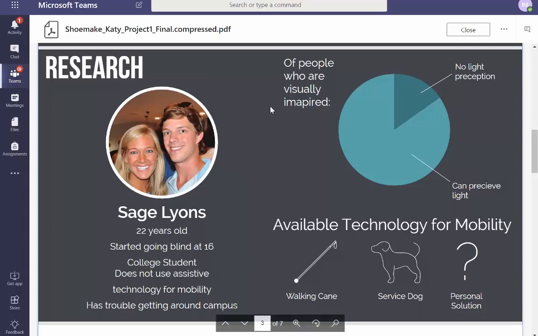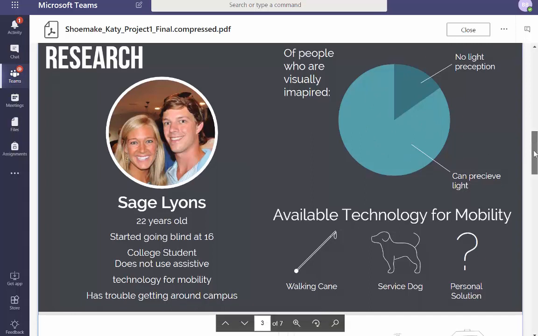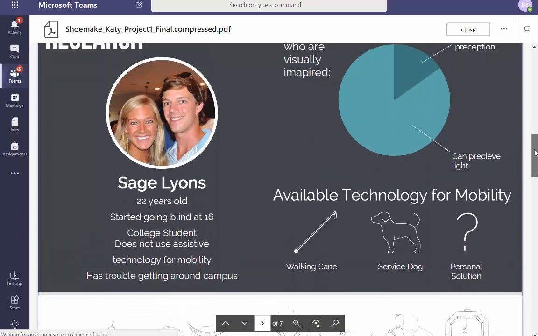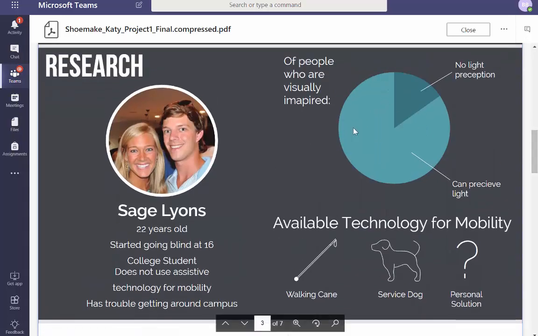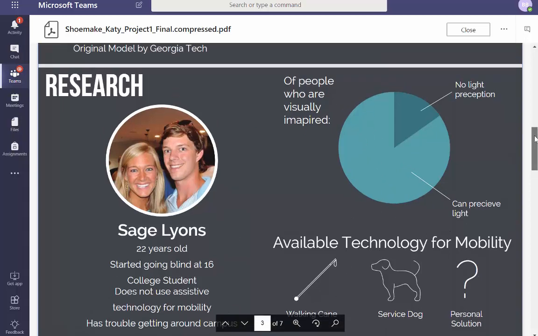Isn't it a giant range, though, of people who are visually impaired? You only have two options, no light and perceived light, and this comes in a big range. So maybe this needs to be more descriptive. Types of available mobility for vision impaired. But then again, this goes on a spectrum too, right? So when you get to no light perception, you're getting down to a service dog or something else. If you can perceive light, then maybe it's the cane. So I think this needs to be reworked to be more accurate and descriptive.